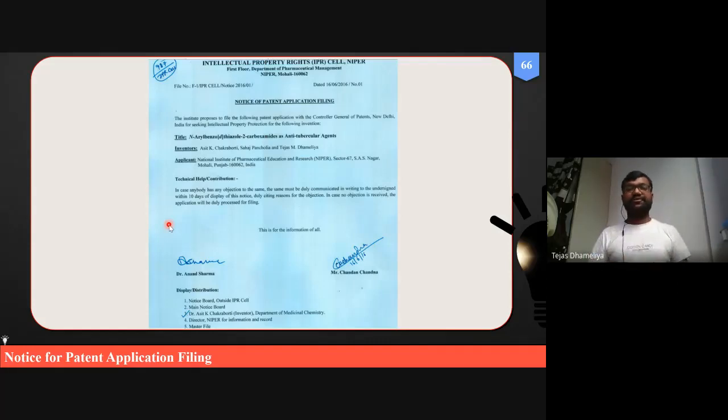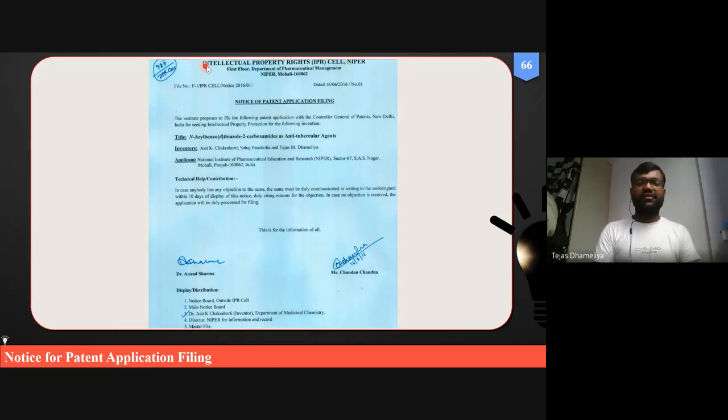But I have seen this only in national institutes, not in our institute LMCP. If in our LMCP you want to file the patent, then we just have to submit form number 2 to our respective patent agent, who will file on behalf of our institute. This kind of notice is not there in our institute.